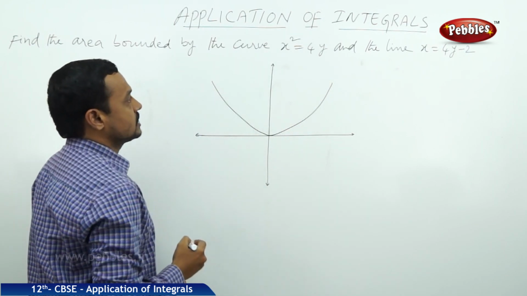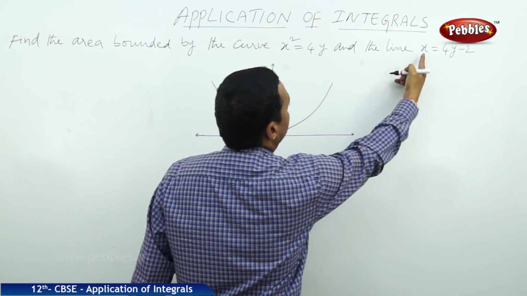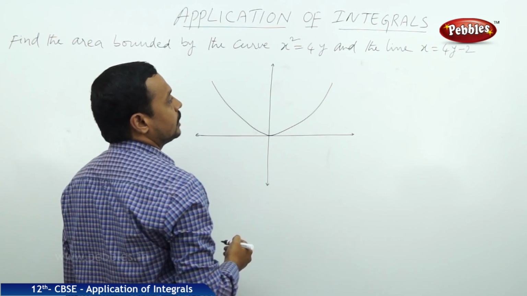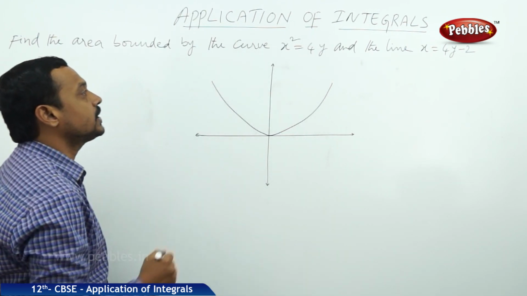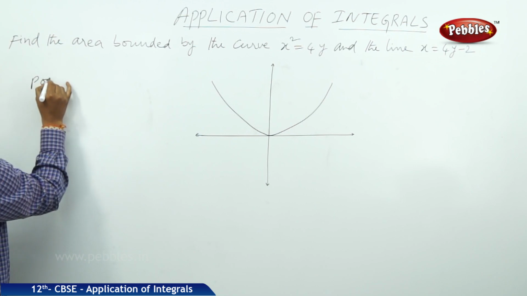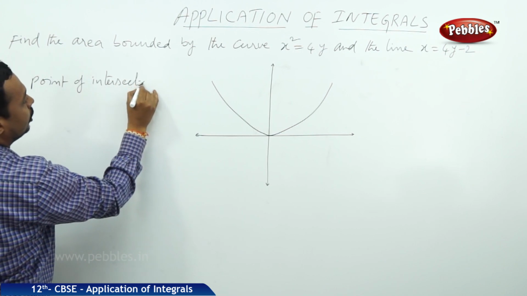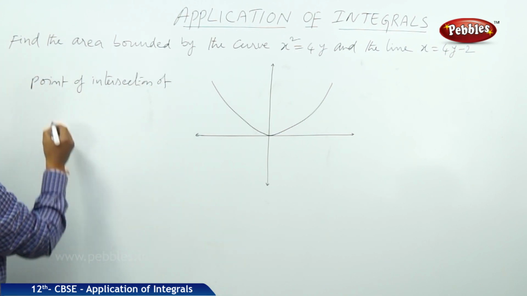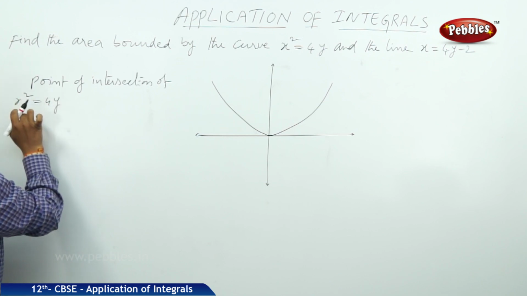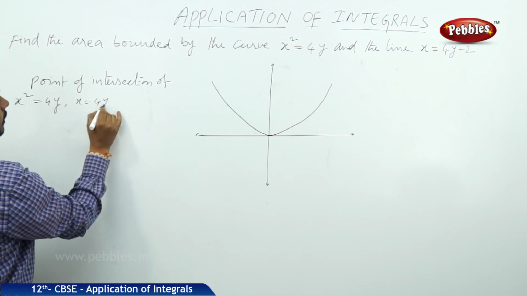Like this. X square is equal to 4y, and the other one is the straight line x is equal to 4y minus 2. Now let us find the point of intersection of this line and the curve. The point of intersection of the curve x square is equal to 4y and x is equal to 4y minus 2 is,